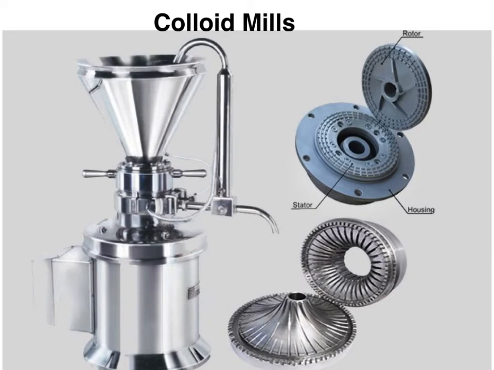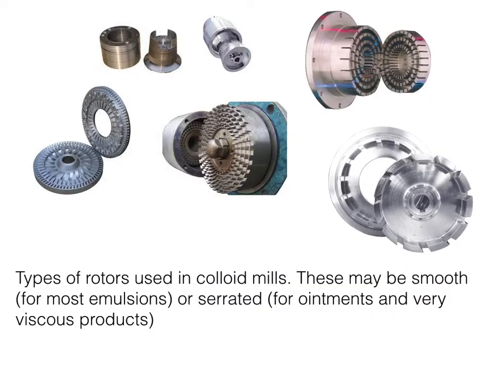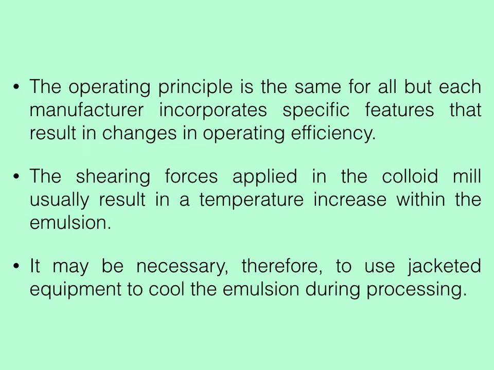This is the diagram of complete colloid mill. And here you can see different types of rotors used in colloid mills. These may be smooth, which are used mostly for emulsion preparation, or serrated or tooth, which are used usually for ointments and very viscous products preparation. Actually, the operating principle is the same for all colloid mills, but each manufacturer incorporates specific features that result in